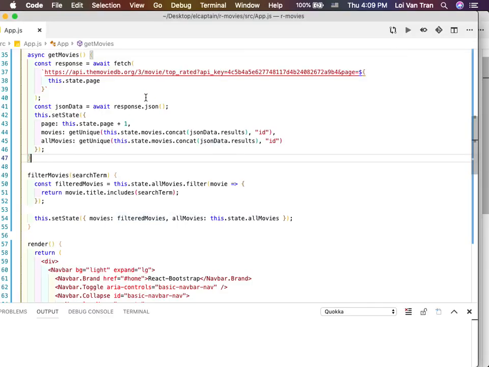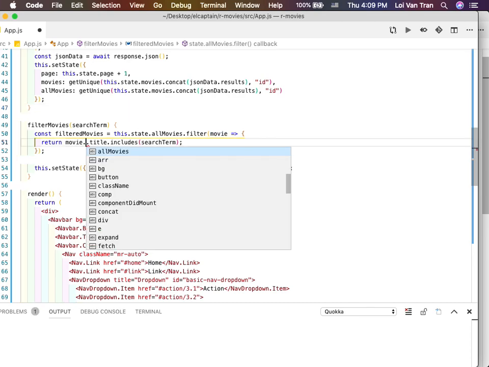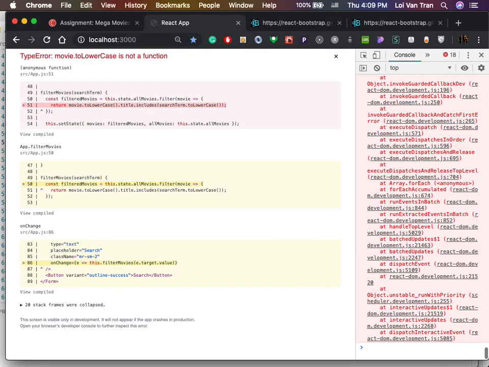Exactly. We could also, before we perform this calculation, just say movie.toLowerCase. Okay, we're just gonna make them both lowercase. We make them all lowercase. So now if I type in beautiful, oops,